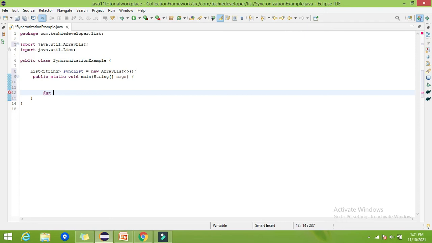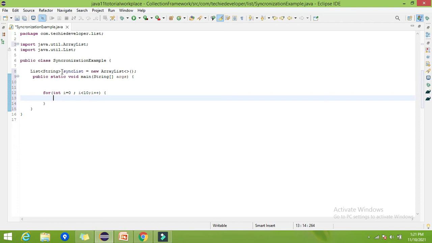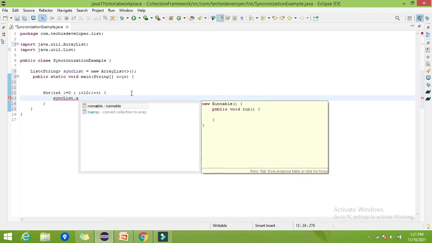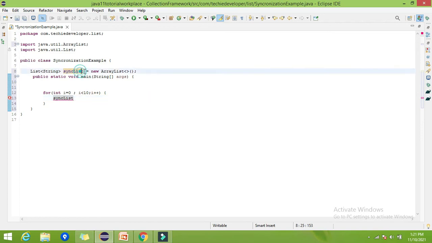So for int i equal to 0, i less than 10, i plus plus, we will add 10 elements into this syncList. Since I am declaring this list outside the main method, it should be declared as static. So syncList.add, let's add the string as item, concatenating the value of i, which will vary from 0 to 9.